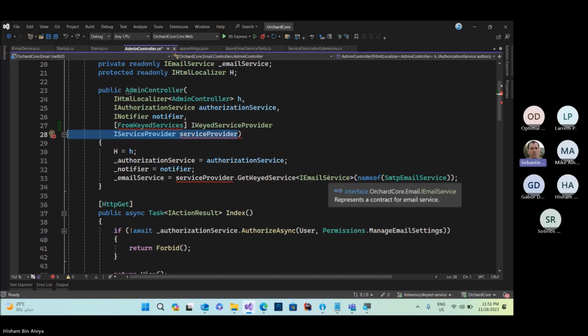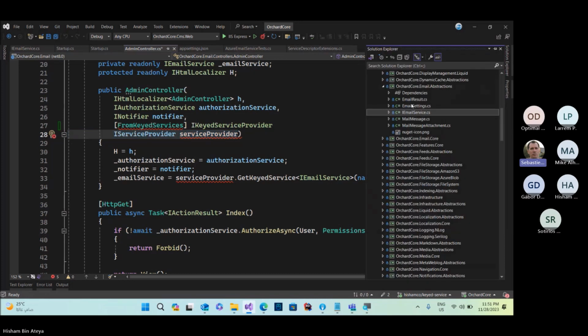Maybe there is no reason to use a keyed service. Yeah, so this UI should just resolve SMTP service, and that's it. That can be complete. Yep. So I don't think you need a keyed service here actually, but keyed services would be useful.